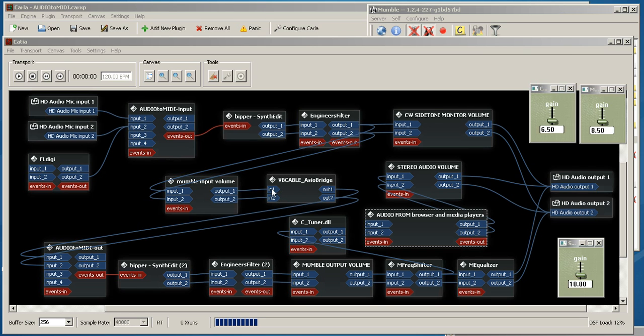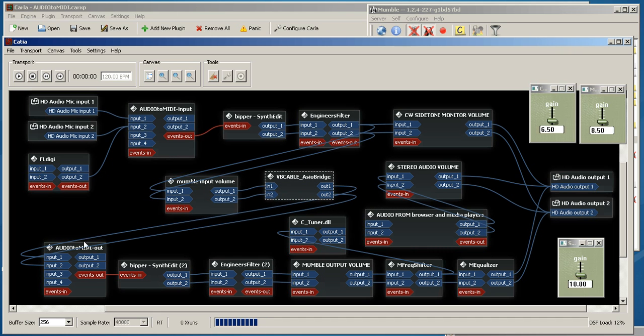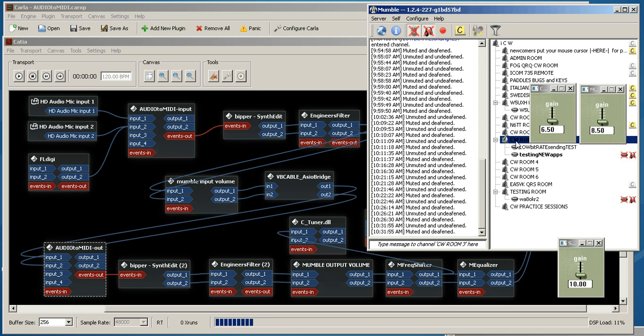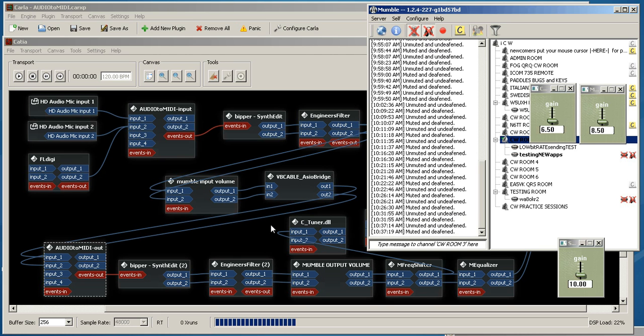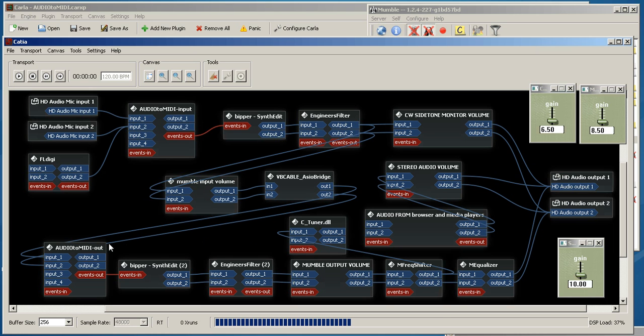And now the second part of this is how to take the Mumble output and go to a second audio to MIDI application, a second Regate with the same setup. And here's what that sounds like. We have a channel in Mumble, it's already sending some stuff. Okay, let me let you hear what both of those sound like. Let's hear what Mumble sounds like